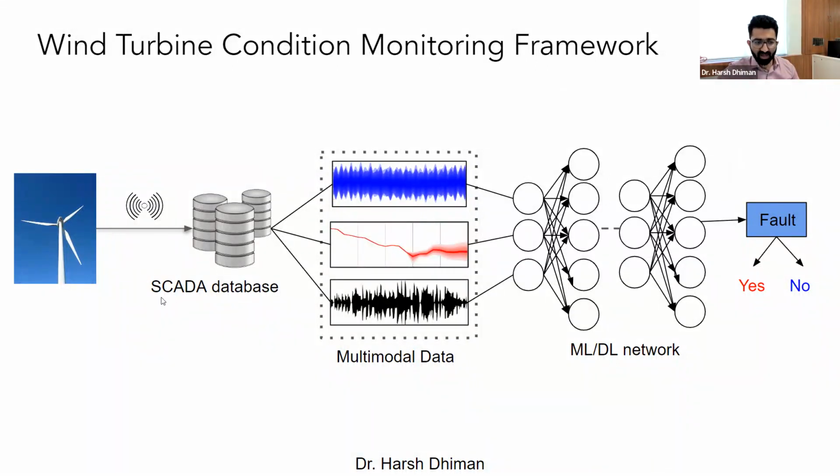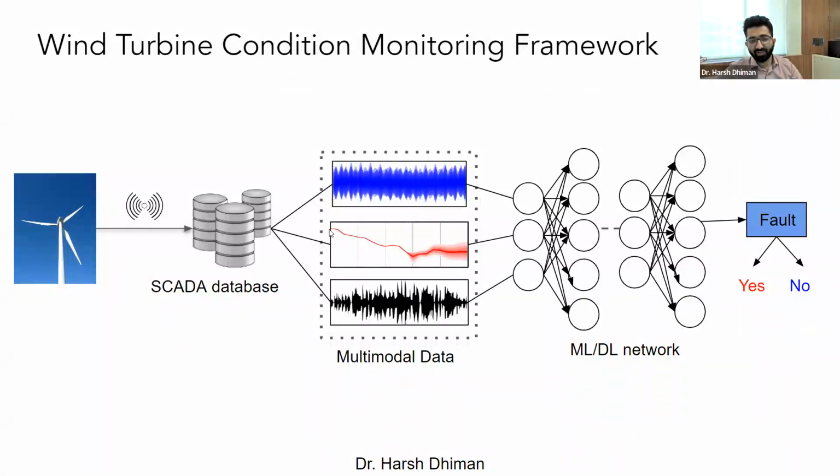Not only do we collect SCADA data, but we also collect several different types of data from the turbine. One of the most important is vibration data, as you can see here in this particular log diagram. The blue graph, the first graph that you see, stands for the vibration data. Very high frequency vibration data is collected from the turbine bearings. You can collect the same from the generator, and again, bearings: you have the high speed bearing and the low speed bearing, and the vibration data from these two bearings is essentially collected.